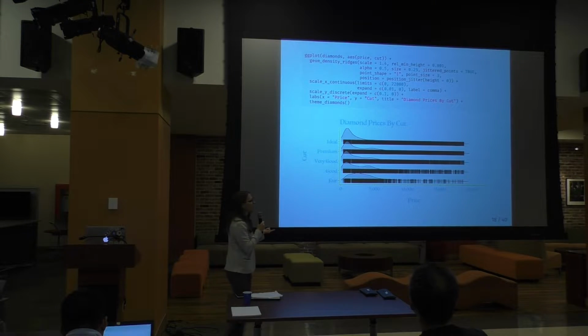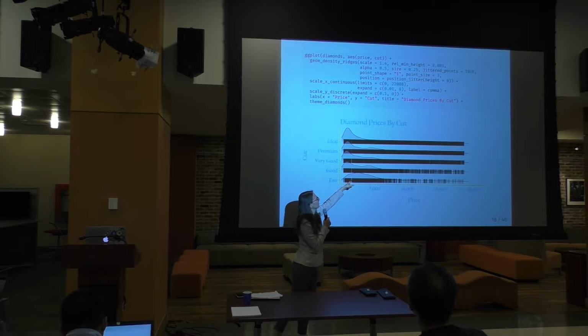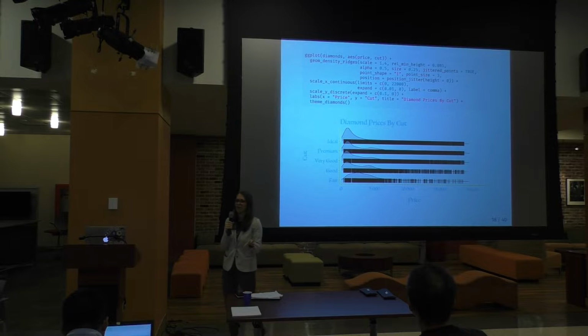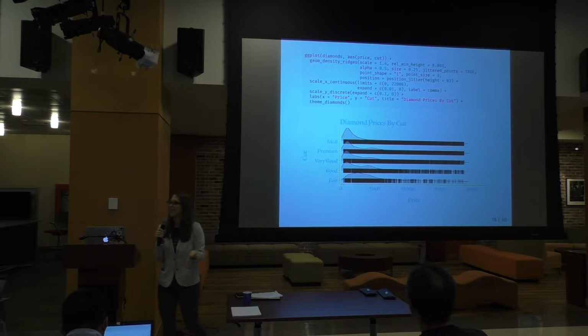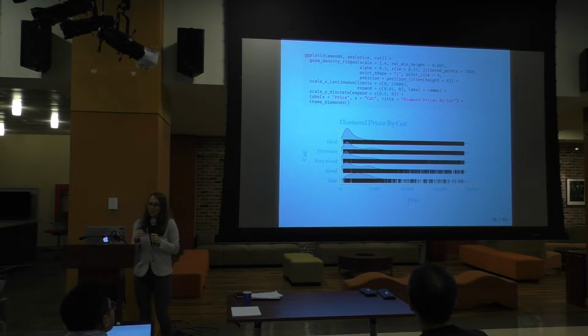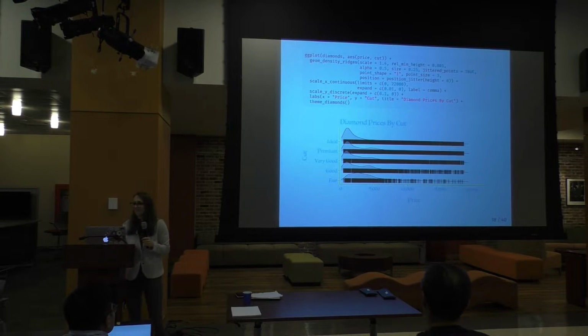Another thing that really popped out at me is that there really aren't any observations for any of the cuts at around $1,500. So this is a mystery. You guys should go out and find out why that is. I don't know yet. I just made these slides and noticed that, and I was like, whoa, that's interesting. I wonder what it is. Is there something wrong with this diamonds data set that we've all been using all this time? Anyway,